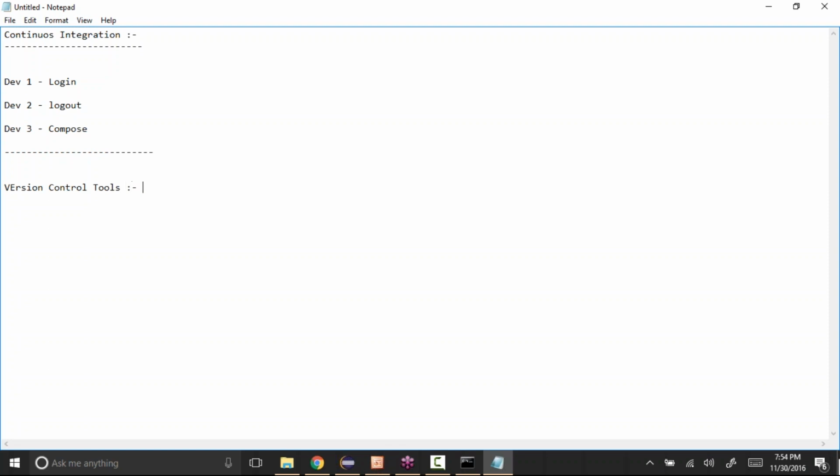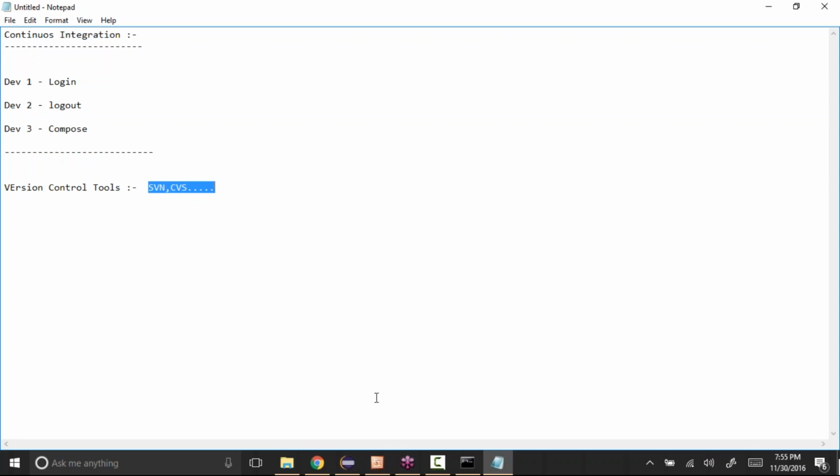Version control tools like SVN, CVS, there are many tools. It's like a database which has all the code. Whenever the developers check in the code, they will save it into whichever tool they are using, and Jenkins will take the code present in this tool and build it. We don't need to know exactly what tools are there, how to store, how to check in, how to check out the code, because that is generally done by the developers.